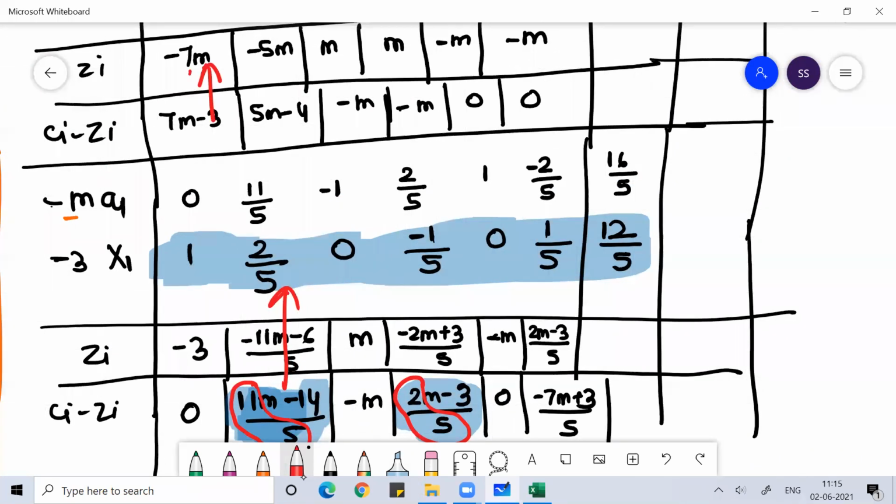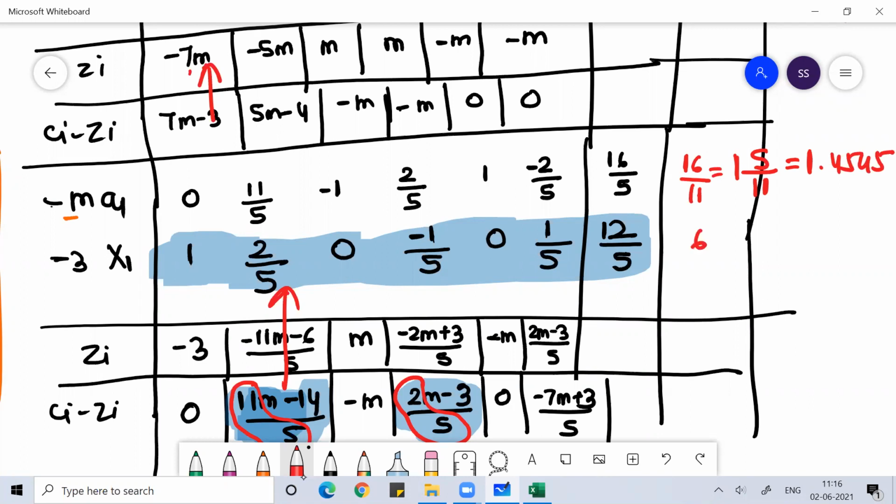Before x2 enters into the solution, whom is x2 replacing? To decide that, how will I decide? 16 by 5 by 11, so you'll get 16 by 11. This is 1 5 by 11. 5 by 11 in decimal, 9 5s are 45, so 1.4545. This would be the value. And then this